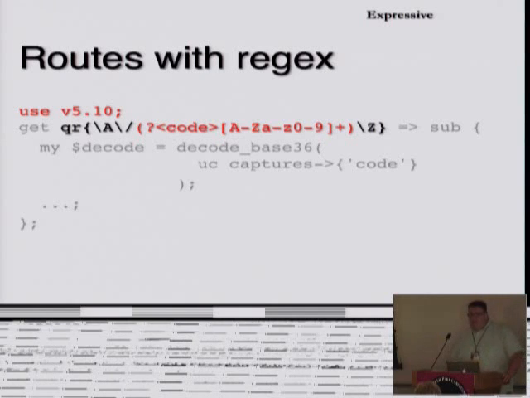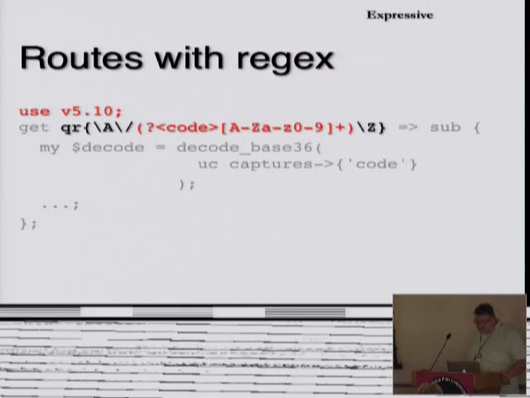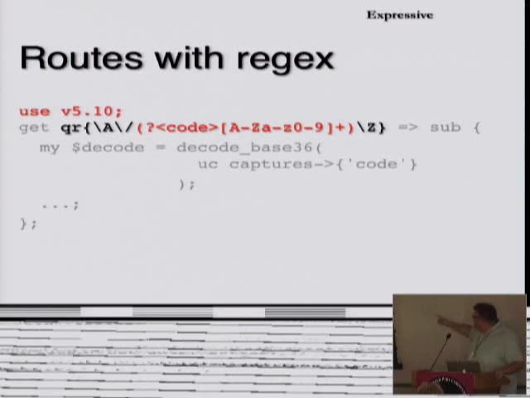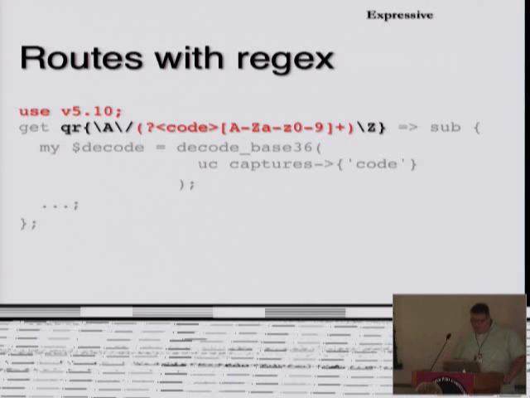Actually, it's not a variable, it's a hash entry. But anyway, we'll get to that in a second. If you match this pattern, I want you to stuff this value into a hash key called code. And what we're matching here is, of course, A to Z, 0 through 9. And since this actually is a good Unicode regex to use, since it will match literally those things and nothing else that would surprise you, unlike \d might.